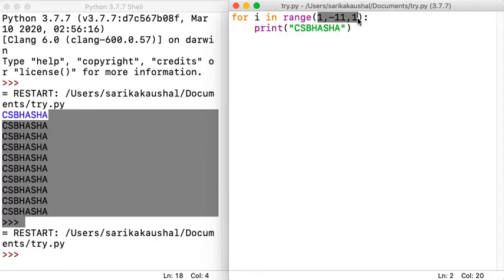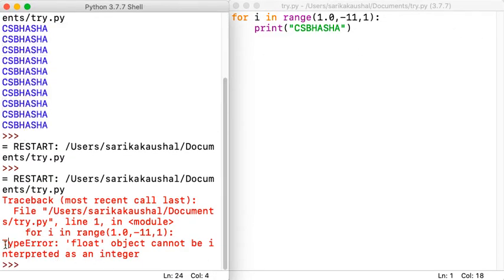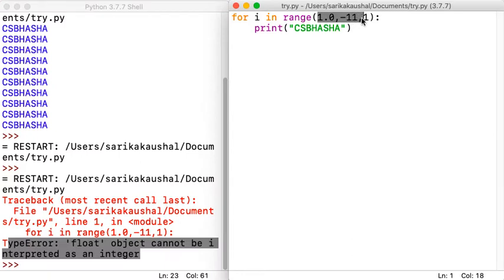The next thing that you need to remember about the for loop is all these three values should be integer. If you're trying to have any other value, such as a string value or a floating point value, you will always get an error. I'll show you an example. If I say 1.0, now I try to execute this program. Just see, type error is there, which says float object cannot be interpreted as integer. So all the three values of a range function must be an integer: the starting value, the ending value, and the step value.